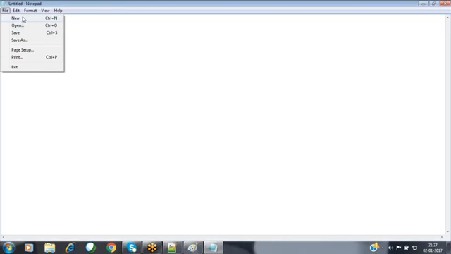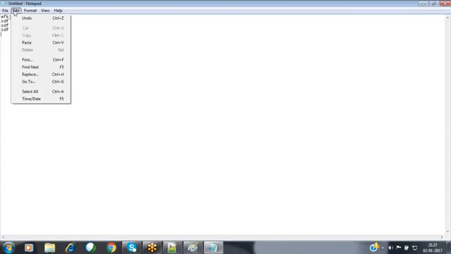When you click on the New button, it executes some business logic attached to that New button. When you click on the Open menu item, it executes some part of the business logic. When you click on Save, it invokes some small program. When you click on Undo, it provides some more business logic. Copy, cut, paste, each and everything are various functionalities. When you click on those buttons, the associated business logic is fired.